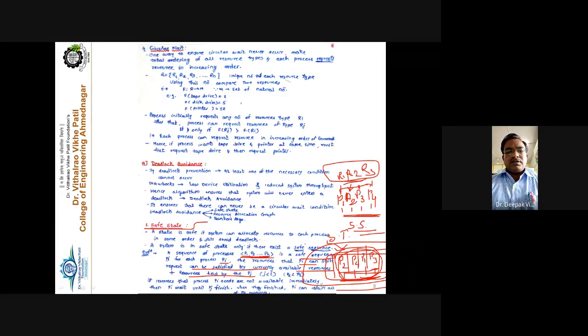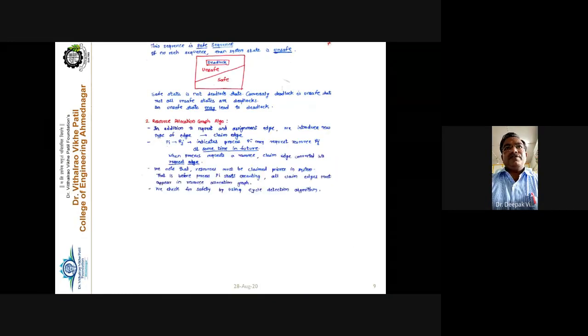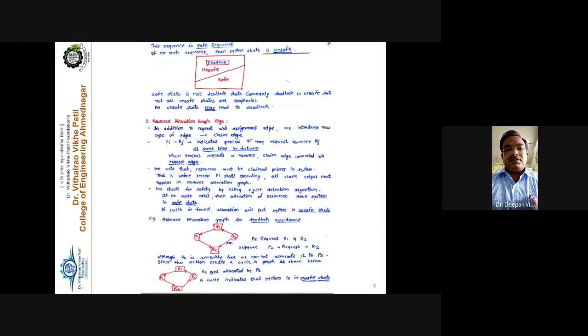The system is in a safe state only if there exists a safe sequence of process execution. Either sequence is possible: you can execute P4 first, then P1, then P2, and then P3. Any sequence by which your system remains in the safe state is called a safe sequence. If no such sequence exists, then the system is in an unsafe state. If the operating system does not follow the safe sequence, then the system state becomes the unsafe state.